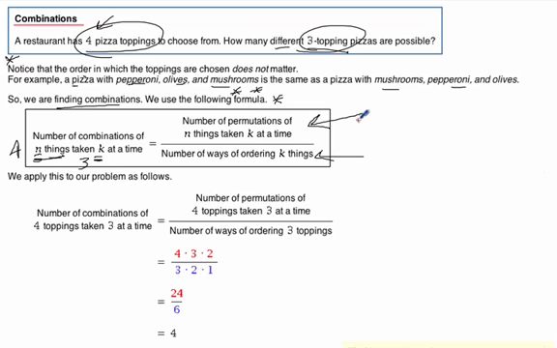Now here in the numerator, permutation, if you haven't mastered that topic already, I recommend that you do that first so that you understand this top part, because this top part is a formula that you learn in permutations. So the n things taken k at a time, so the 4 things taken 3 at a time,